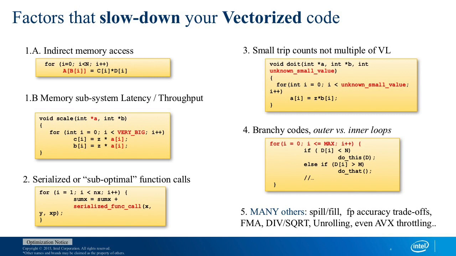And you might have branches that spoil your vectorization and let your code run slower than expected. Many other stuff like